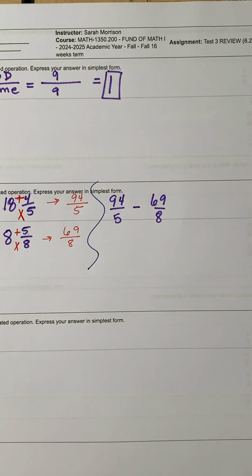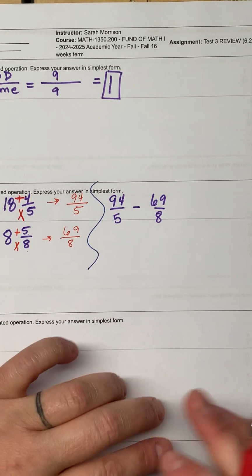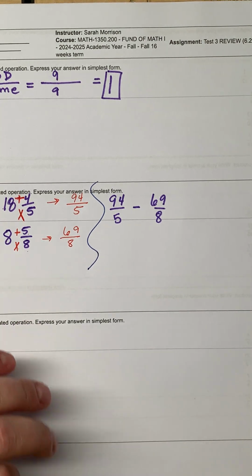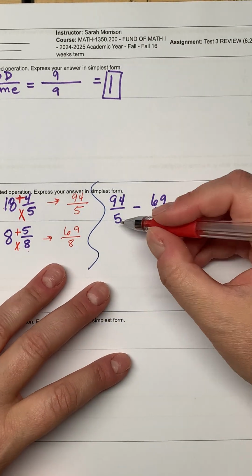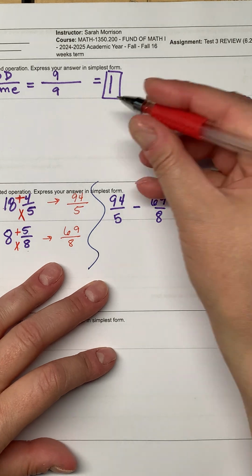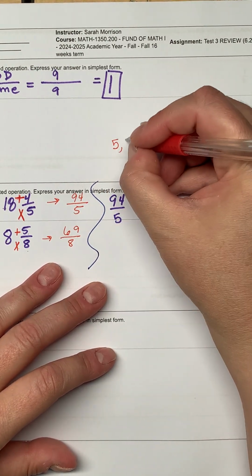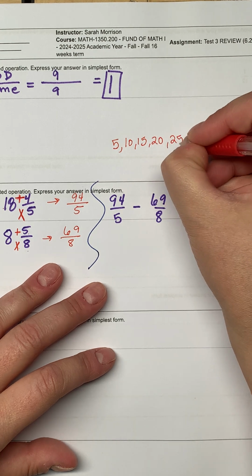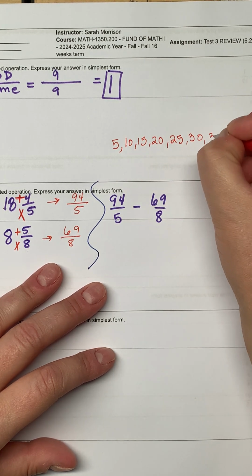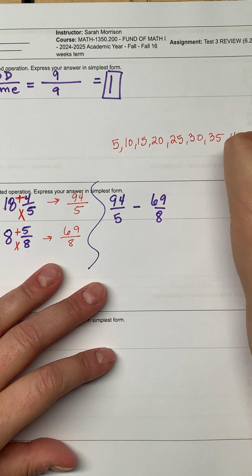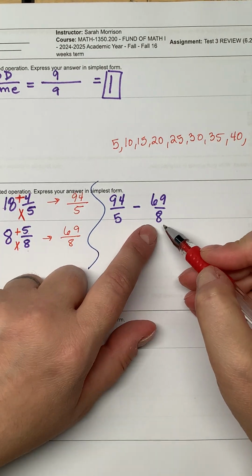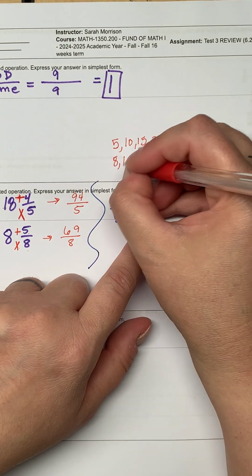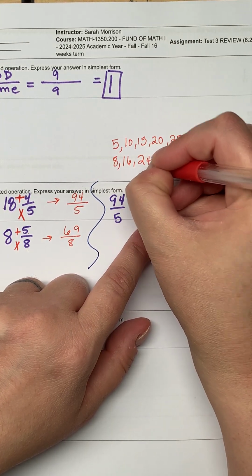Okay, now we need to come up with the LCD or the LCM. And remember, the LCD and the LCM is practically the same thing. You look at the bottoms, 5 and 8, and you come up with their multiplication facts. 5, 10, 15, 20, you get the point. Then you look at the other denominator and come up with its multiplication facts. So the other denominator has an 8 on it. Well, the multiplication facts of 8 are 8, 16, 24,